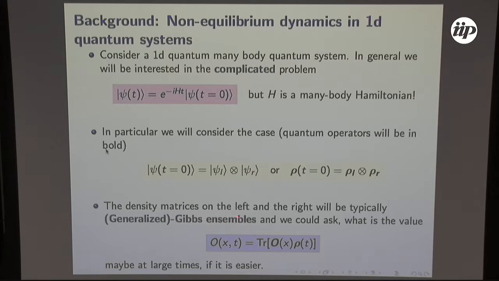And it is especially useful when you think about thermalization in integrable systems, which are systems which have an infinite number of conserved charges. And there, when you speak about thermalization, you have to do it in this context. It doesn't really make sense to speak about thermalization in an integrable system to a Gibbs ensemble, because you have many conserved charges. So this rho left and rho right will be this type of ensemble in general, or a pure state. And what you want to understand is, well, I have some initial state that I time evolve